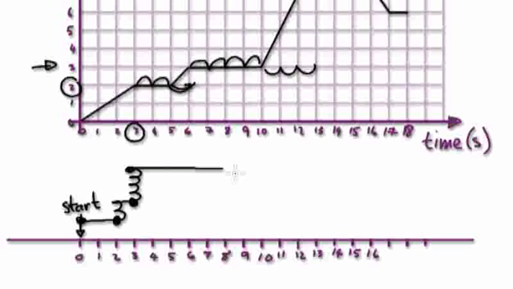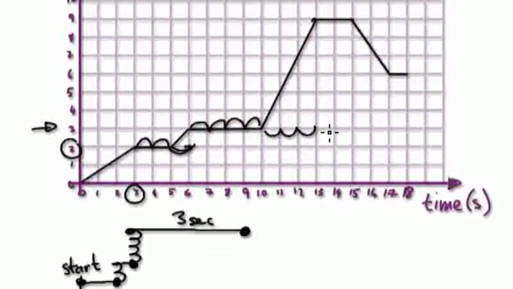So 3 seconds later, it would be 9 meters away. So this here is 3 seconds. Okay, and then it would stay at 9 meters for 1, 2 seconds, and then